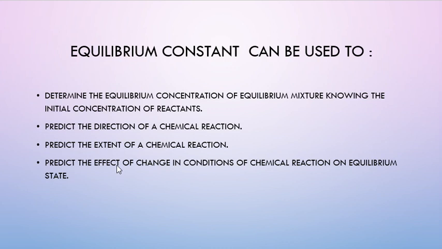The knowledge of the effect of changes in condition, that how several variables are disturbing or affecting the chemical reaction when it is in an equilibrium state, is very important, and it helps industrial chemists to choose such conditions that are going to favor the desired products as much as possible, as they've always wanted to get the product in more concentration, in more quantity, within less time. So they